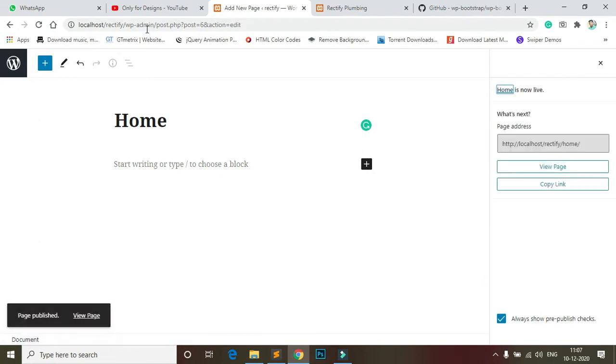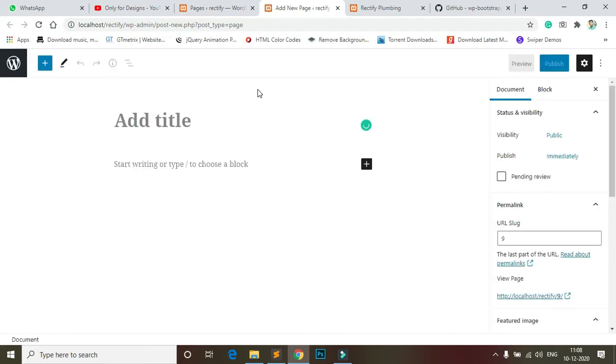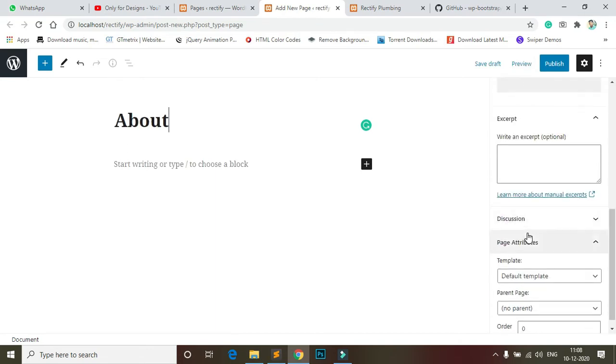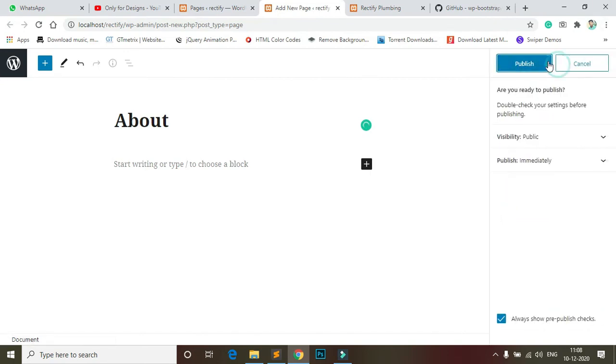Okay, so I create more pages. Add new, home is complete. Now about. This is the about template, select and publish.